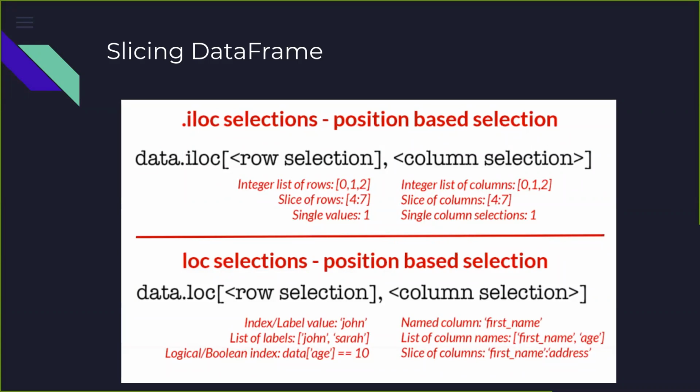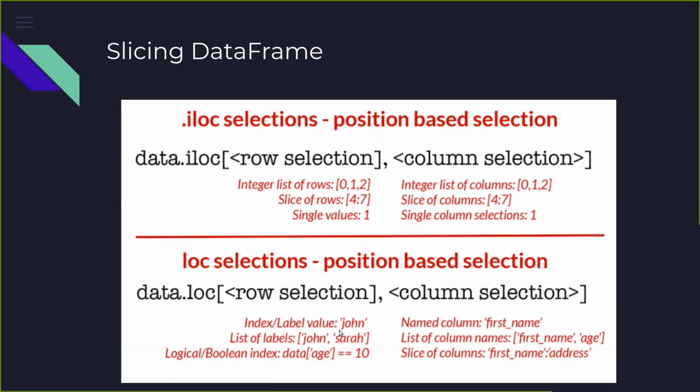Then we saw how to slice it. While slicing the data frame, we have seen earlier how to slice a list. That part we have done. So in slicing the data frame, there are two main ways. One is by giving the index, and the second is by giving the name of the row or name of the column. And these are called the iloc and the loc functions. And we have tried out different ways to slice it, seeing only the identified columns or seeing only the identified rows or a combination of them.